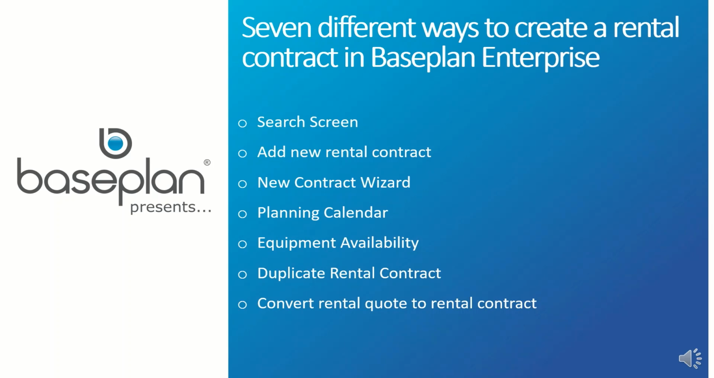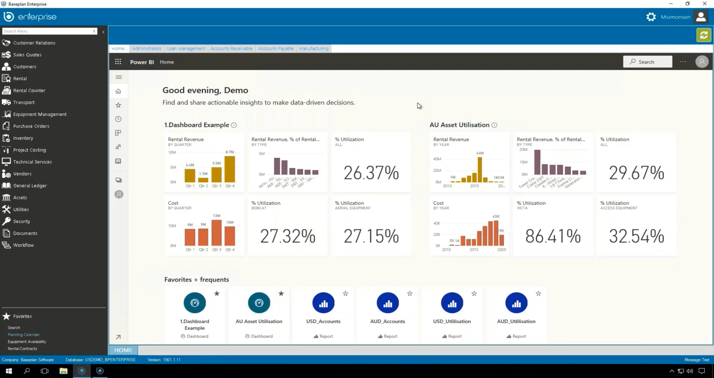Baseplan Presents video features 7 different ways to create a rental contract in Baseplan Enterprise, focusing on the following areas: search screen, add new rental contract, new contract wizard, planning calendar, equipment availability, duplicate rental contract, convert rental quote to rental contract. Okay, so I'm currently logged into Baseplan Enterprise, and we're going to go through all the different ways